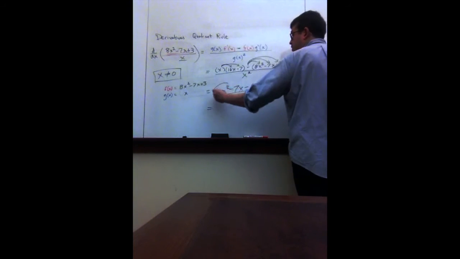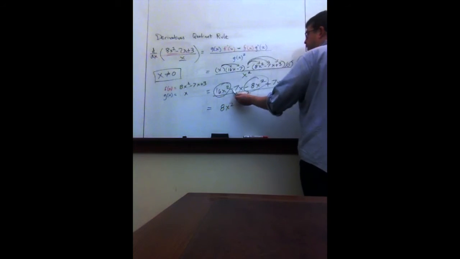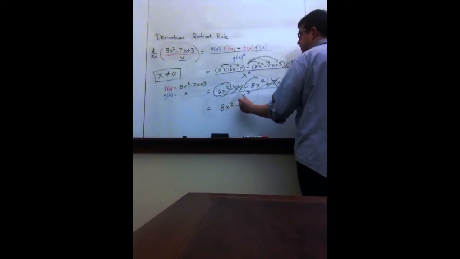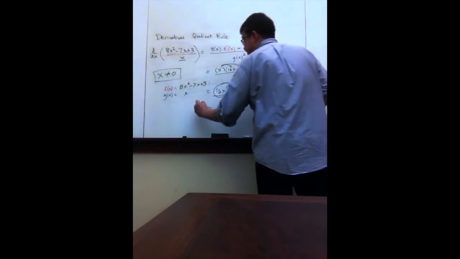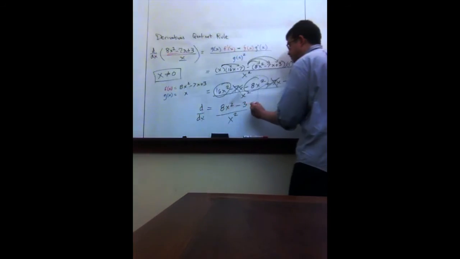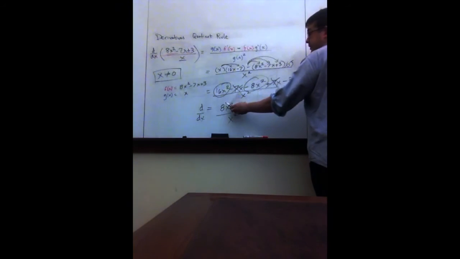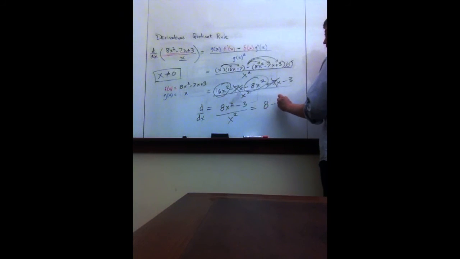And circling the x squared terms, 16 minus 8 is 8x squared. And looks like these terms cancel each other. And we just have minus 3 over x squared. And we're done. Since it's still a monomial on the bottom, we can see that it's the same answer as the previous method, because x squared divided by x squared is 1, and we have 8 if we do term by term, and that's 3x to the negative